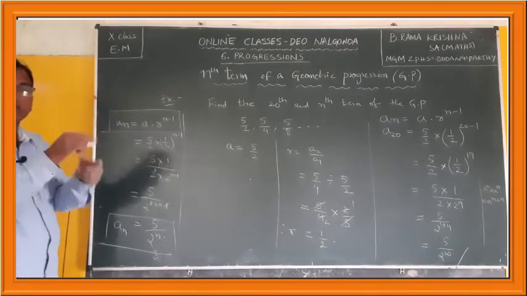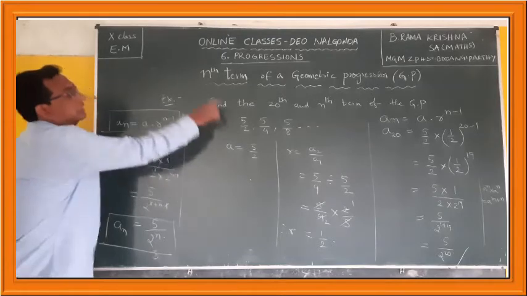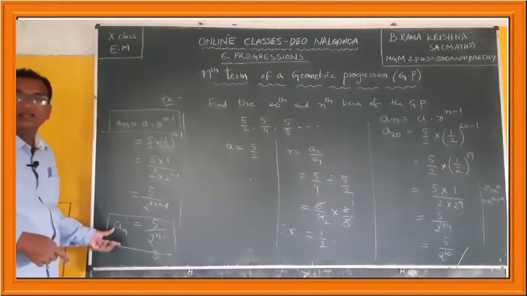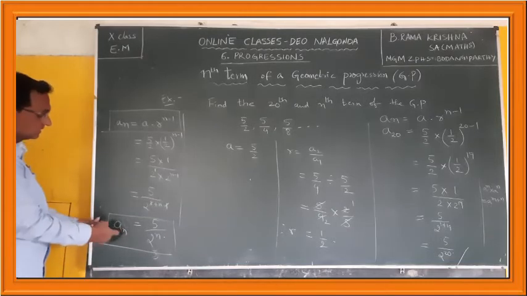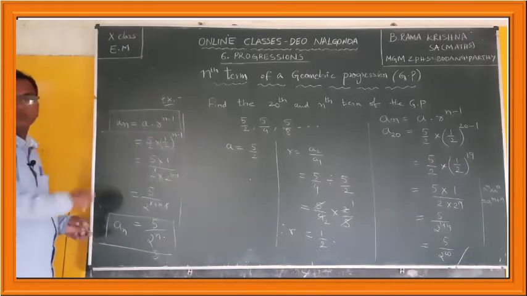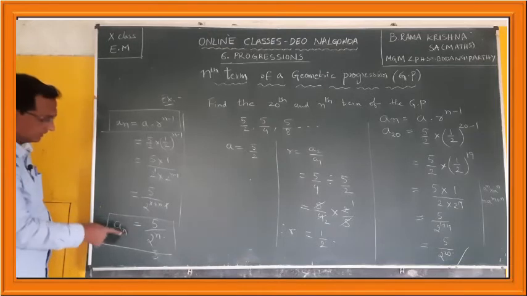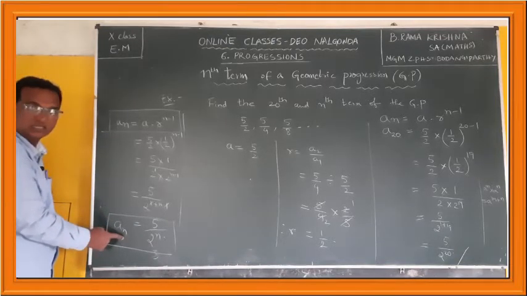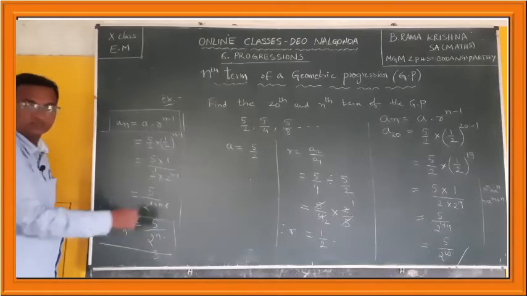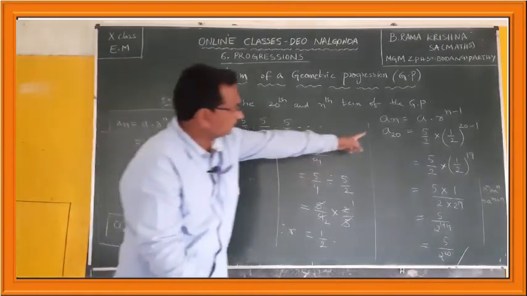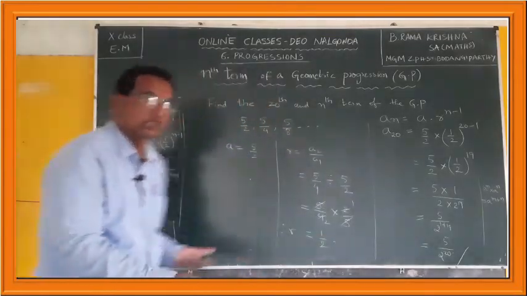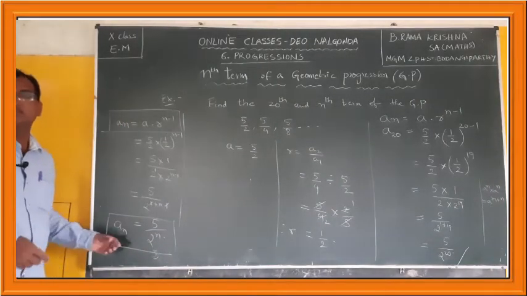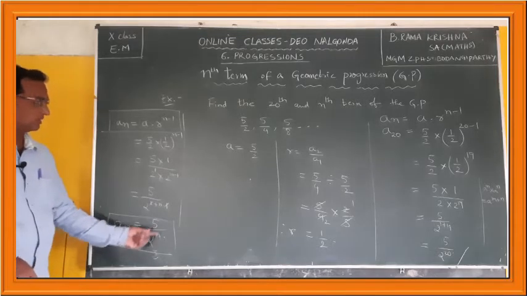Now, if anybody asks you what is the 30th term of this geometric progression, then you can easily tell using this nth term of this geometric progression. In place of n, if you write 30, a_30, the 30th term, is equal to 5 by 2 to the power of 30. What did you get there? The 20th term is 5 by 2 to the power of 20. Similarly, if the 100th term is asked, you just replace n with 100. a_100 is 5 by 2 to the power of 100.